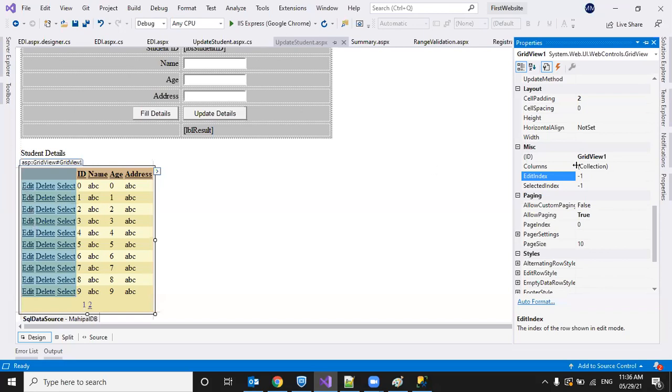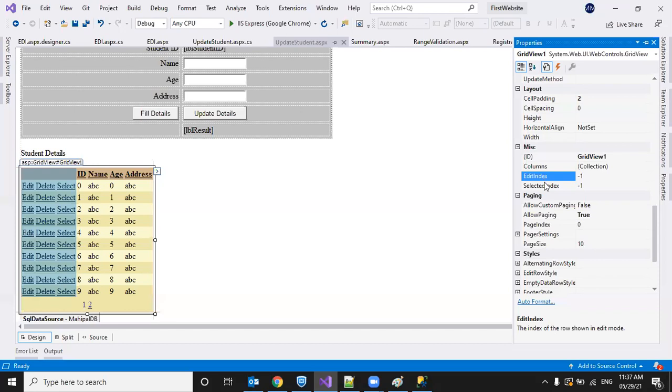So if I set edit index to 3, the fourth record will be in edit mode. In edit mode, we will get update and cancel buttons and we will get text boxes for the other controls. Okay. So to set that programmatically, we use edit index. So whenever we set edit index to n, the n plus 1 record will go into edit mode. In edit mode, we will get the update button, cancel button.